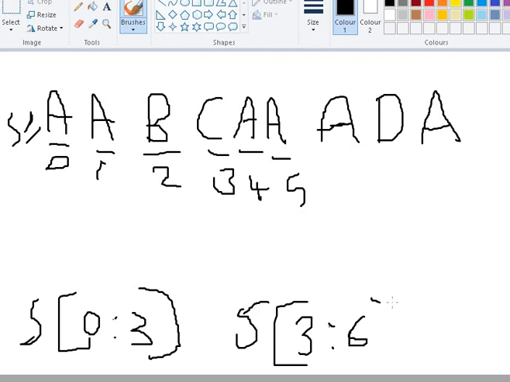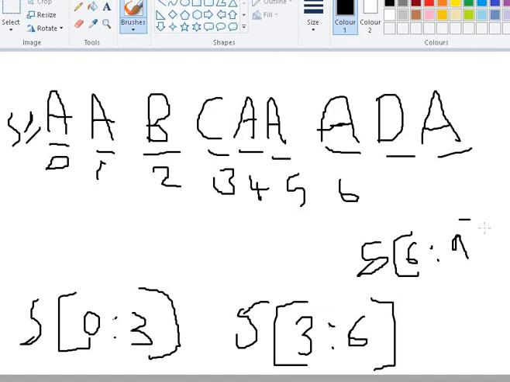Yes, you heard right, 3 to 6. Then we will get the values from CAA. Next, obviously, s of 6 to, tell me, 9. Yes.